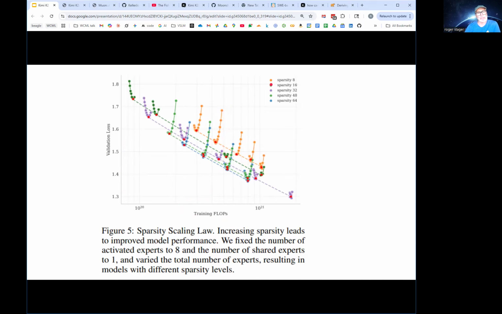The key thing is to see that at sparsity 8, the loss curve is up here, whereas sparsity 64 is this one right down along the bottom. So sparsity actually got better as you increased it. I think there was some other offsetting factor, but anyhow, they ended up choosing 48 as the sparsity. So 8 times 48 is whatever that number was, 380 or something.